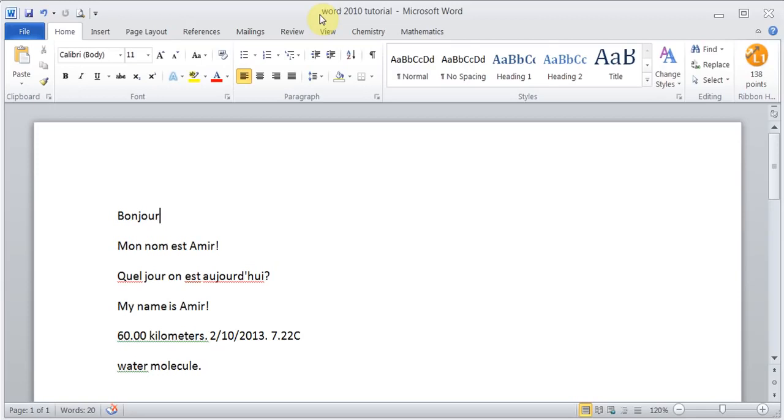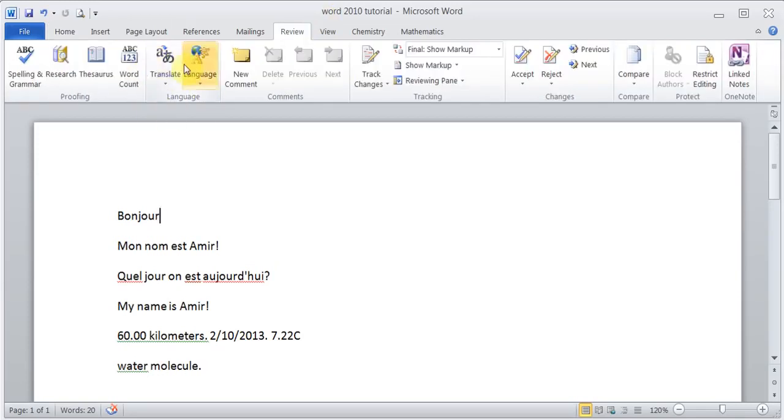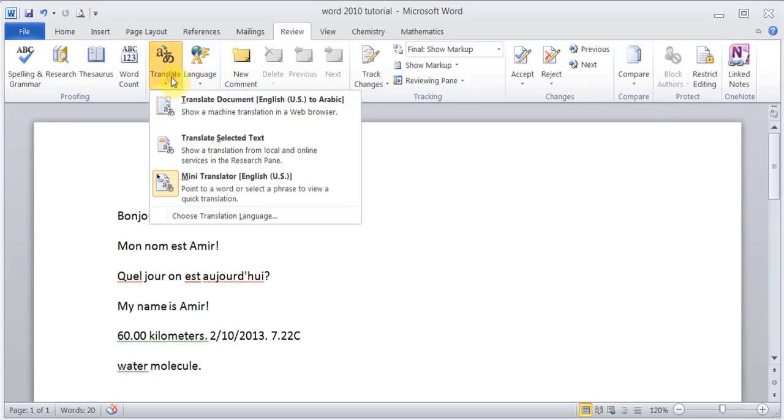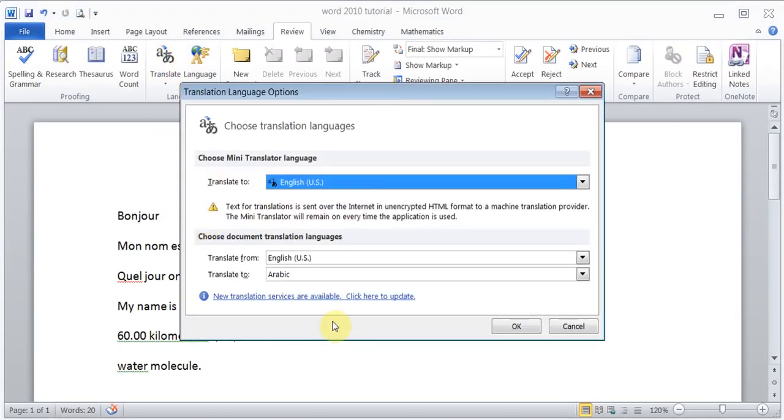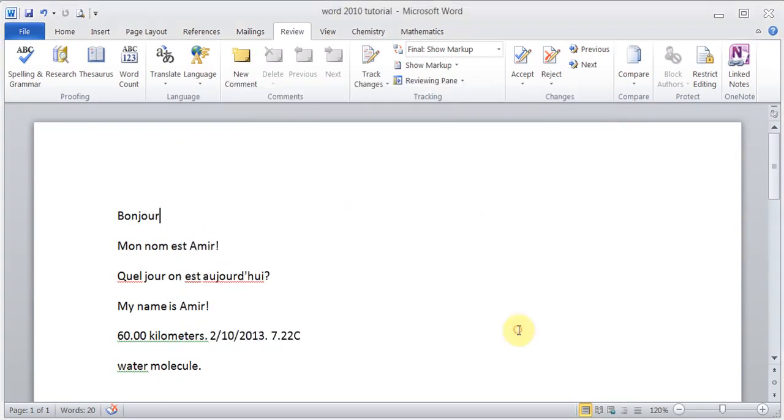When you go to review, around in this section for language, look for an option called translation screen tip. Click it and choose a language for your translation. And also you will find that there is an option to get updates when you go in this translation language option, where they might have some new updates that you can add to it. Click OK to that. Okay. So the way it works is you just highlight